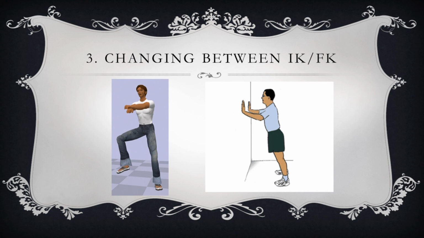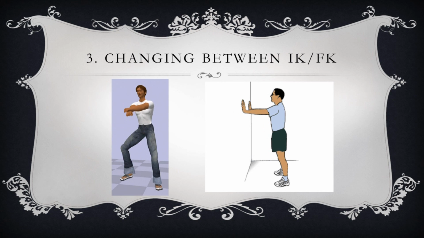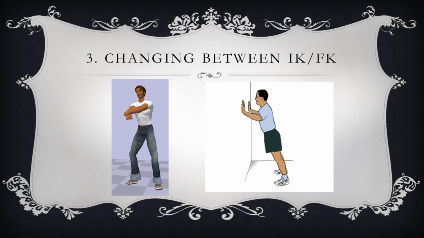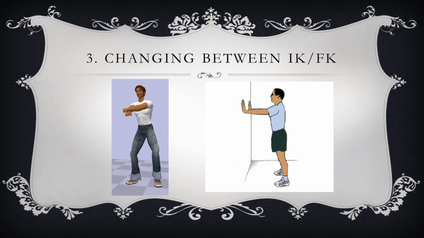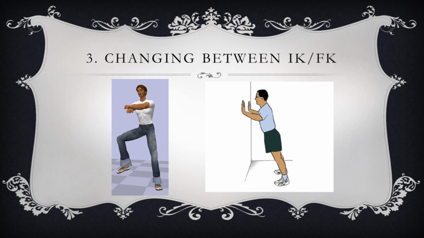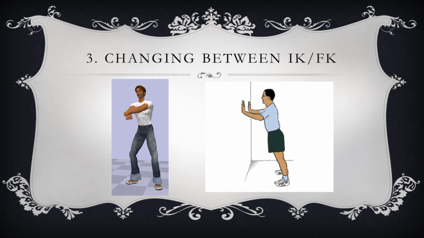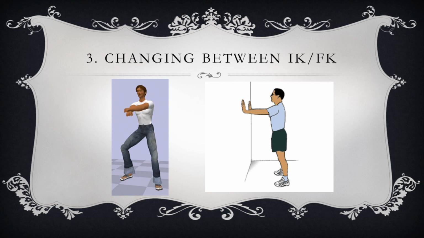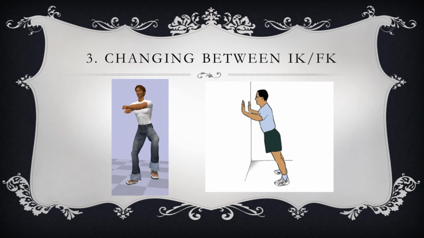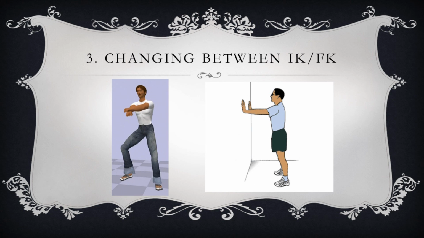Changing between IK and FK. It's a little bit early in the series to explain what IK and FK is. There is another video down the series dedicated to IK and FK, but very simply put, IK is used to control arms and legs using one bone, and the child bones sort of adjust to look natural. Whereas with FK, you manually control the arms and legs using the separate bones.